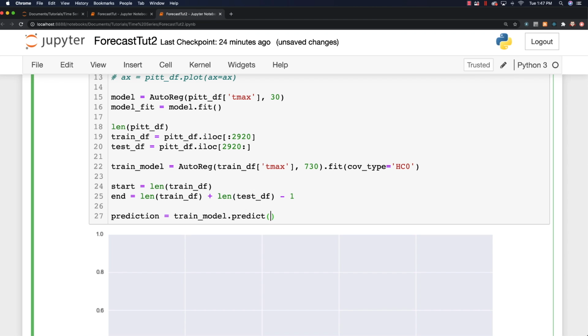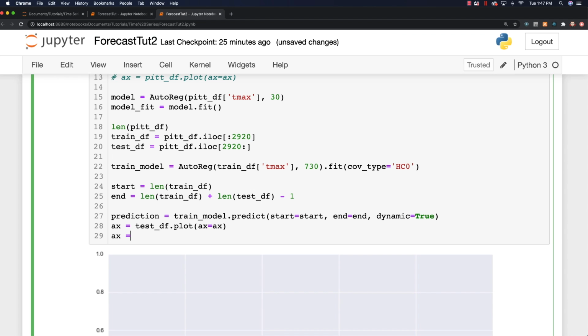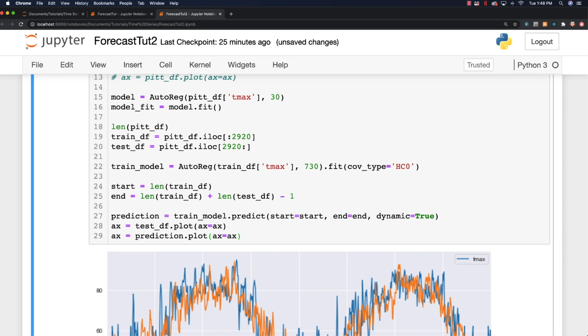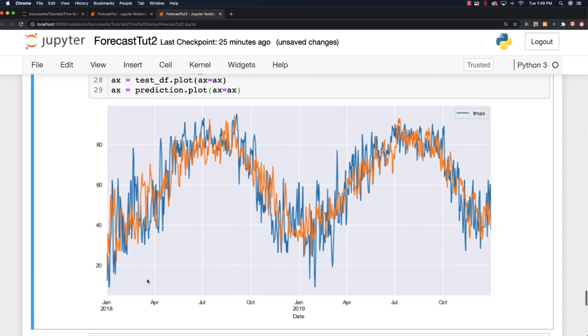And we say predict, and we say start at the defined start and end at the defined ending point. I'm going to mark this as dynamic true. And now we can plot and see what's up. So we're going to say axes, and I want to plot out the testing data, which I will be comparing my results to. And I will also be plotting out my prediction so that we can see how that compares to the actual result. And if I run it, you can see here, blue is the actual results and orange